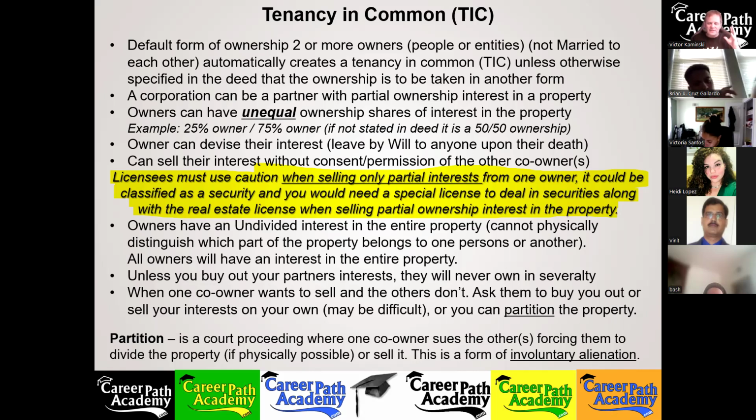So this is a security, and you need to have one of these, I forget if it's a Series 3, 5, 7, or what series of license it is. It's one of these financial licenses for dealing in securities. And you're also going to need someone with a real estate license involved, because that security is real estate. So you're going to need both licenses. If you don't hold both, you could get somebody with the proper type of securities license to sell partial ownership interest in a property. Otherwise, you're violating the law, and this may land you in jail, especially if somebody loses out on the deal.